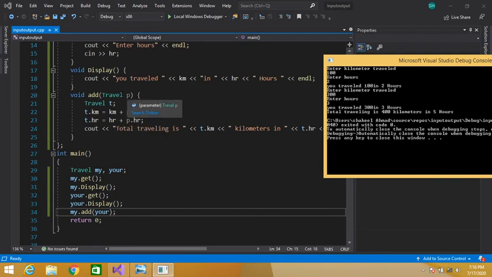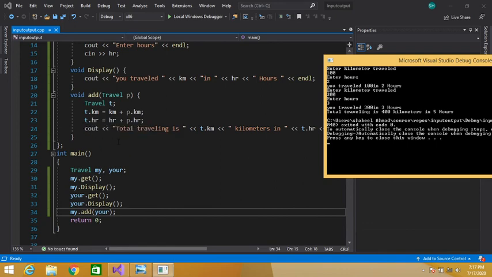And then we have passed p.hr; p is the second object, in which we entered 3 hours. So this p.hr contains 3. So 2 plus 3, that is 5. So 5 is stored in total hours.